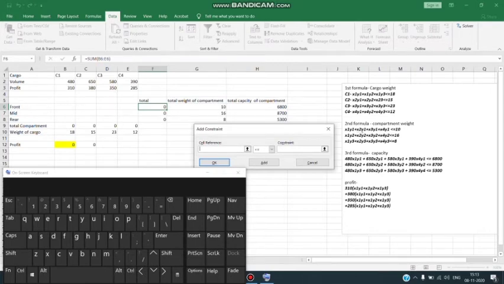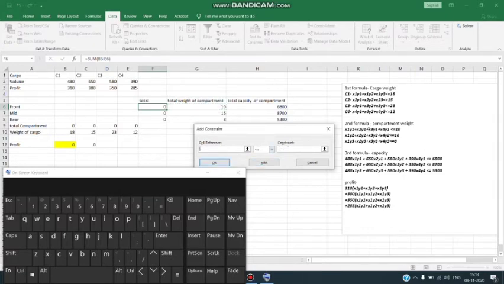So x1 plus x2 plus x3 plus x4 should be less than equals to 10, which is the total weight of the compartment. So I'll click on total. I'll provide the cell reference of total for front section, and it will give me the sum up value of each cargo, and it should be less than equals to the total weight of the compartment, which is 10.